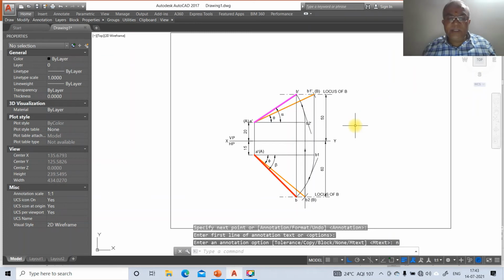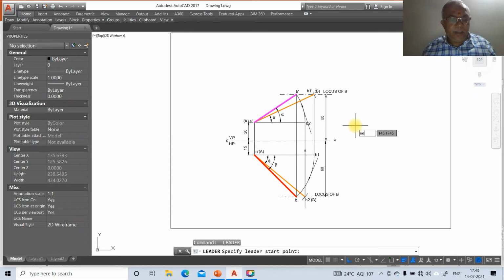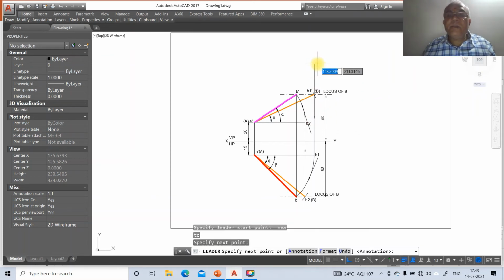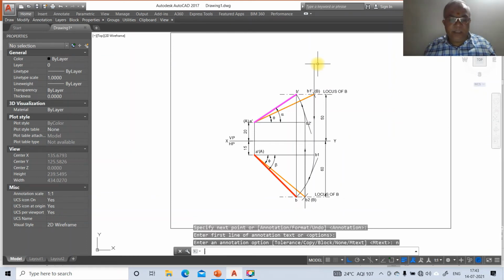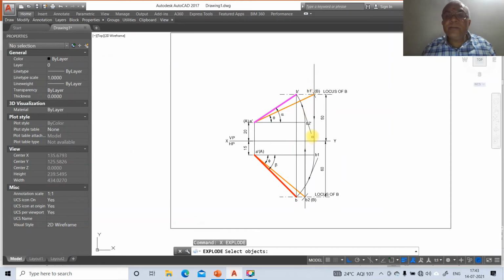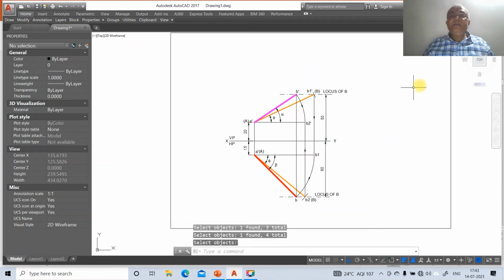Similarly, leader, nearest, annotation option none. Then go to explode this, this, and this, and this. Then go to erase, erase this line, erase this line, erase this line, and erase this line. So you're going to get this.